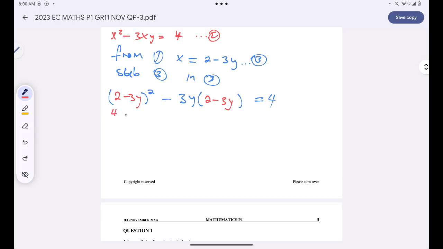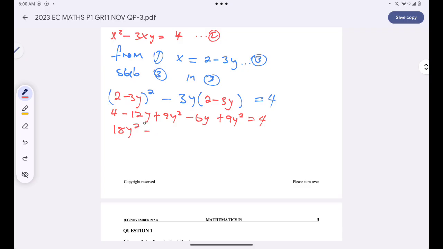This will give me 4 minus 2, it's negative 12y plus 9y squared, right? And then negative 3y multiplied by 2, I'll simply get negative 6y, and then negative 3y multiplied by negative 3y, it's a positive 9y squared. This is equal to 4, right? And then on the left hand side I simply have 18y squared